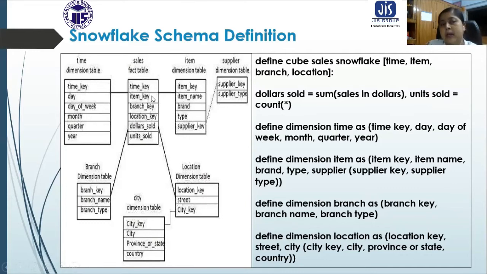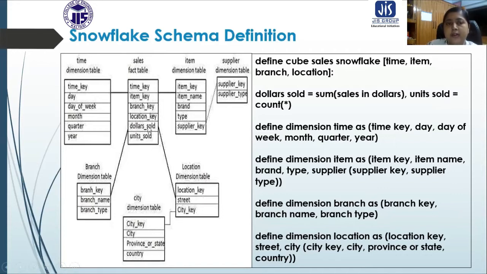Now which type of fact table is this? This is not total, where all the dimension tables contribute to the measurement of the fact. This is only semi. Semi, that means why?